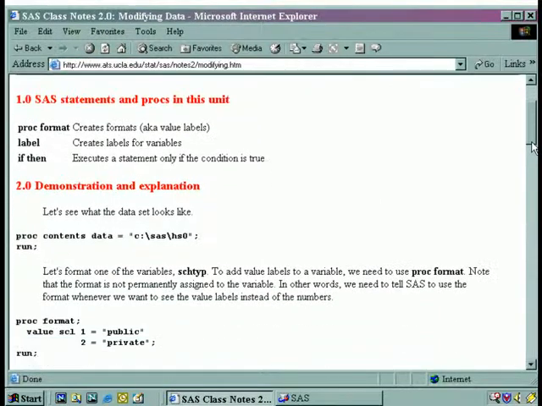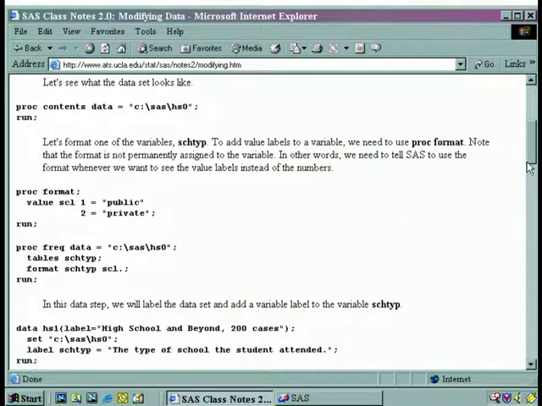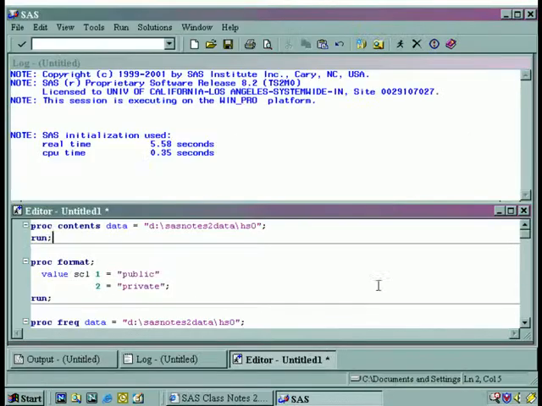I'm going to scroll down a little bit here so we can see some more of the notes. And as before, I have taken these commands off of the web page and put them into my SAS editor window so that it's all there and we can look at this and go over what's going on, and you don't have to sit there and watch me try and type and make all sorts of silly typos and that kind of stuff. I'm going to come down here and click on SAS,